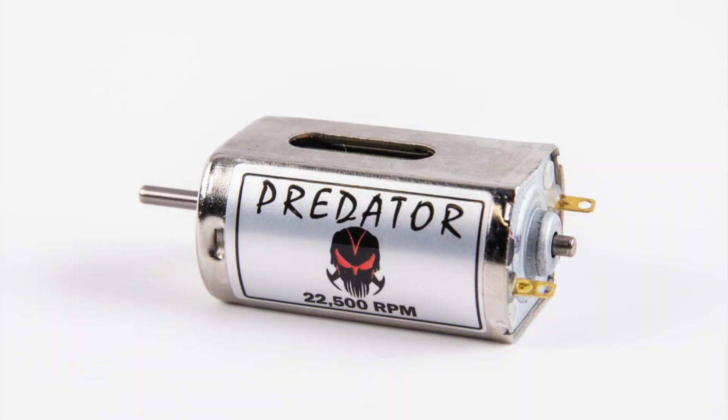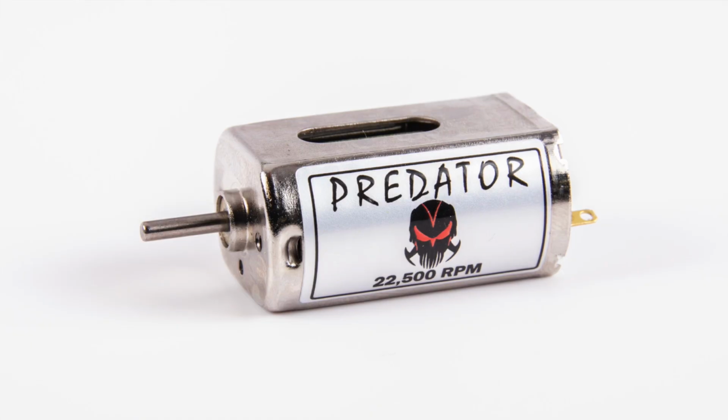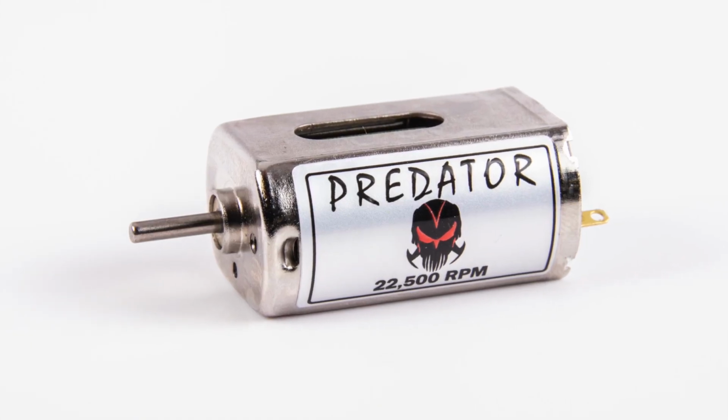So much news. Probably should have broken it up into two parts, but I didn't. We're going to start off with Predator Motor, Slot Car Corner's new Predator motor,